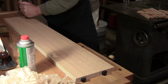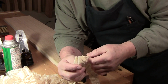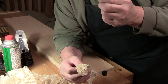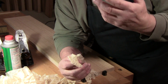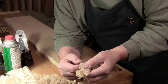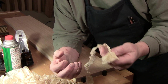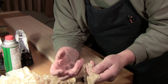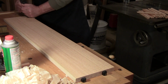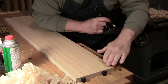Why, you might ask? Okay, here's one of the keys. Working green wood cuts easier, there's less effort. However, because the wood is not dry, and we call it dry, but as we mentioned before, dry being 0% moisture, the more dry the wood is, the tighter the structure. Everything has pulled together, it's tight. Sort of like the difference between a glass of water and a piece of ice, okay? They're both H2O, but one you can shave, the other one you can't. So by being super sharp, it works beautifully. However, you can create tear out more easily